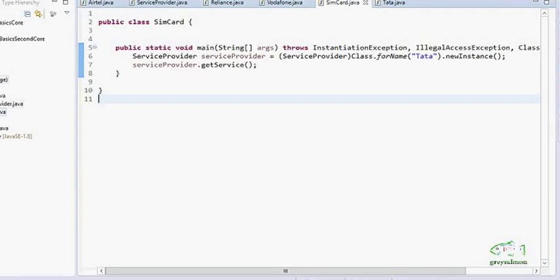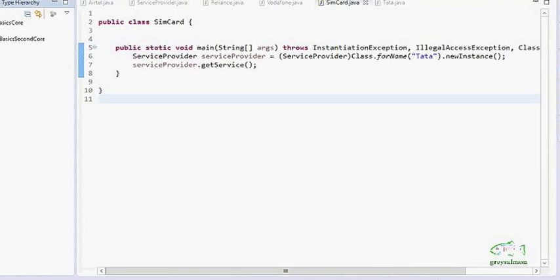In this tutorial we haven't used any classes of the Spring framework. We have simply demonstrated this functionality of dependency injection with the help of core Java. In the next tutorial we will perform this dependency injection by using the APIs of the Spring framework.